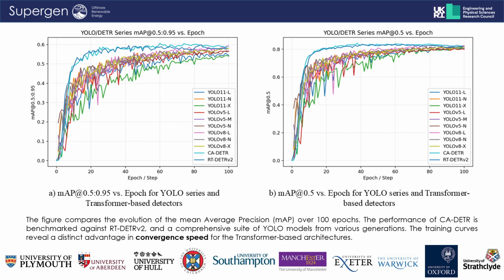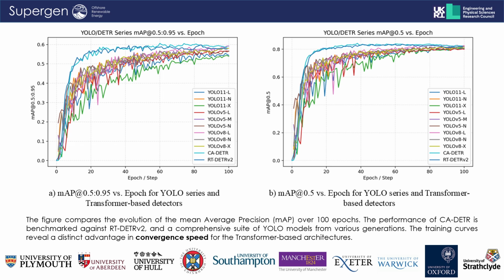This slide shows the quantitative comparison in terms of mean average precision over 100 training epochs. We compare our method against a transformer baseline and a range of YOLO models from different generations. The main takeaway is that the transformer-based approaches show a clearer advantage in convergence behavior, and our method achieves stronger